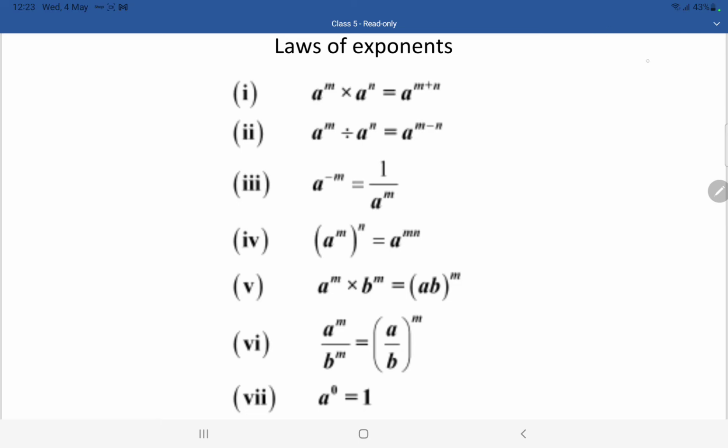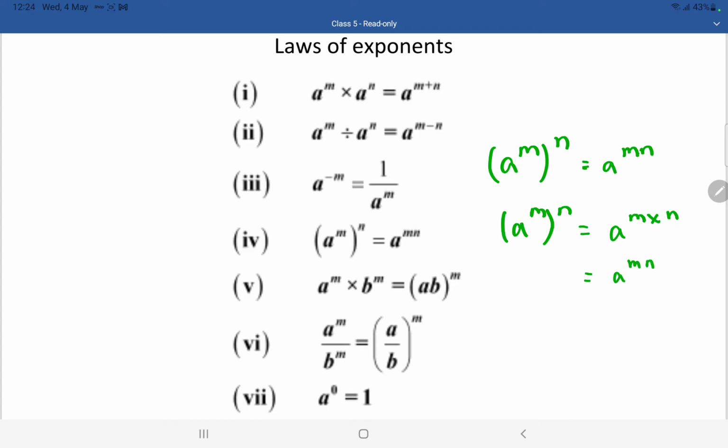Coming to the fourth law of exponent. A power m whole power n is equal to a power m into n. Here, when you have brackets in this particular case, it is multiplication. So a power m whole power n is equal to a power m into n, which is equal to a power mn. So if you have multiplication symbol or not, if you have two numbers like this, then it means they are multiplying with each other. Okay children,